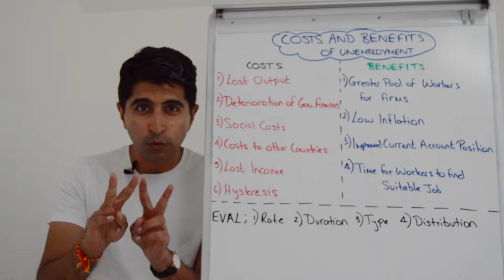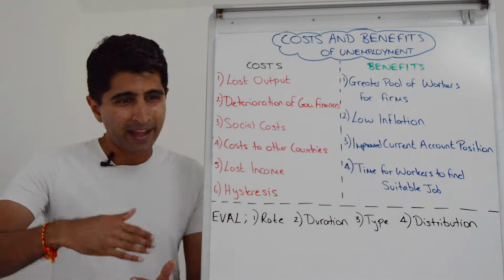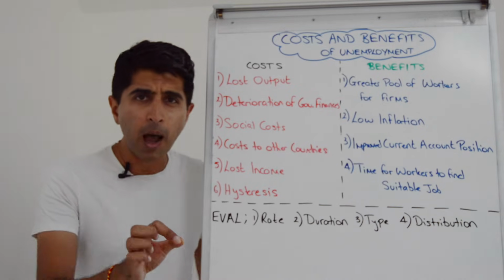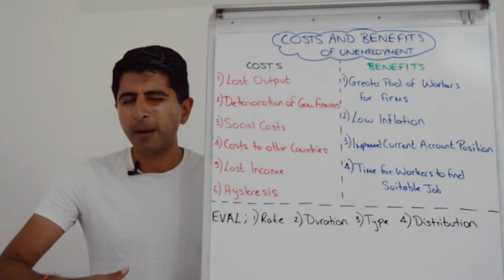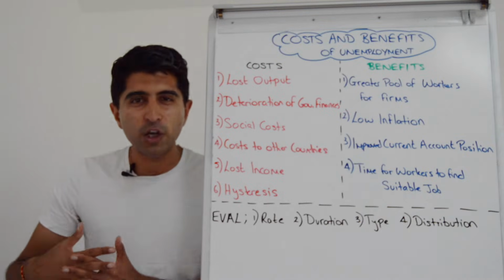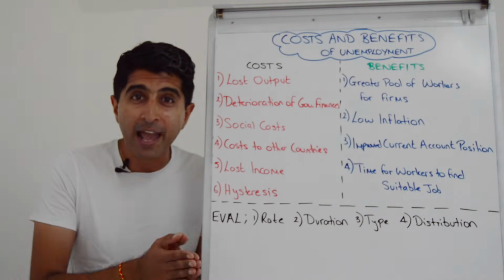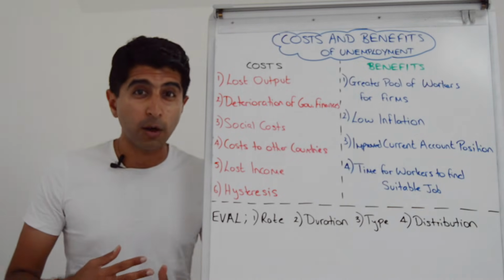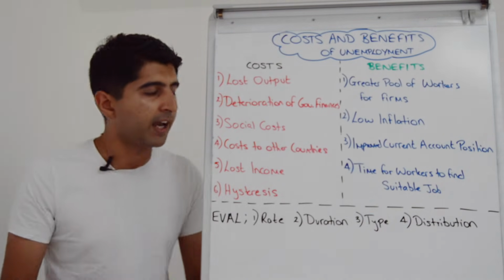And the real concern with that is twofold. First of all, these workers adjust to a life on very low income, maybe living off benefits. That constrains their spending power, a constraint on consumption and aggregate demand, harming short-term economic growth. But also, as these workers are unemployed for a long period of time, they become so despondent when they keep getting rejected every time they're looking for work, they eventually could drop out of the labor force, reducing the size of the labor force, reducing the quantity of labor, reducing LRAS, reducing long-term growth rates. So hysteresis is horrible. It's a real constraint on economic growth, but also it makes all these other costs of unemployment far, far greater in impact.